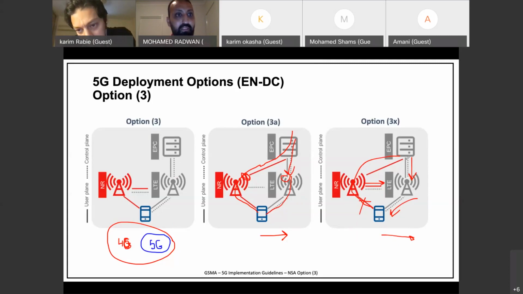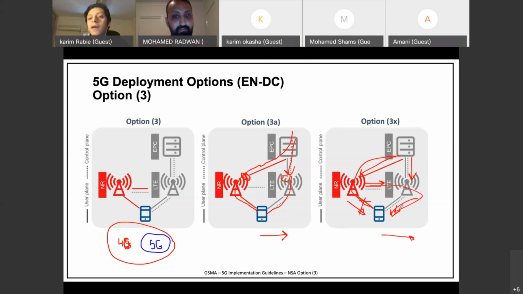Let me tell you a case that would clarify this point. If you are a 5G handset in a 5G coverage, the downlink is coming to the new radio. Imagine that the new radio can split the one bearer to be a downlink in this channel and a downlink in this channel. This will boost the downlink speed, right?